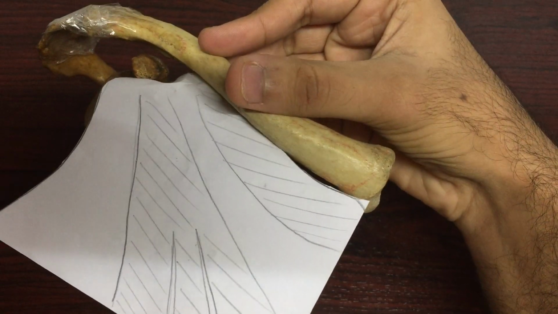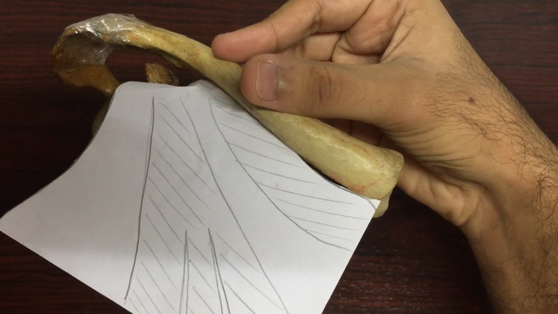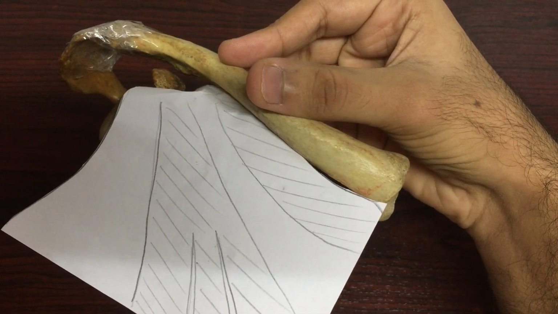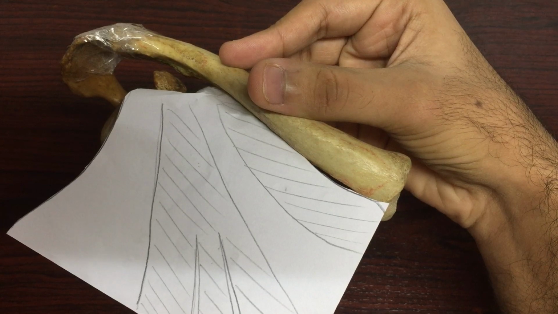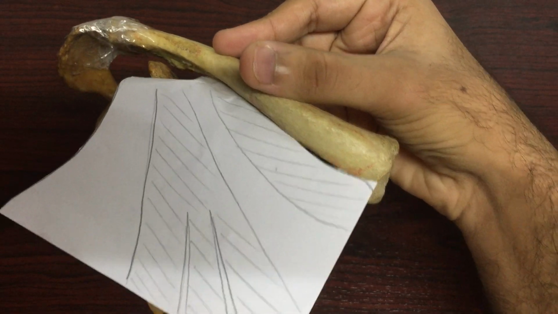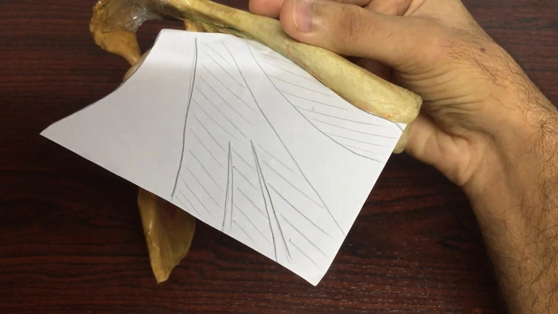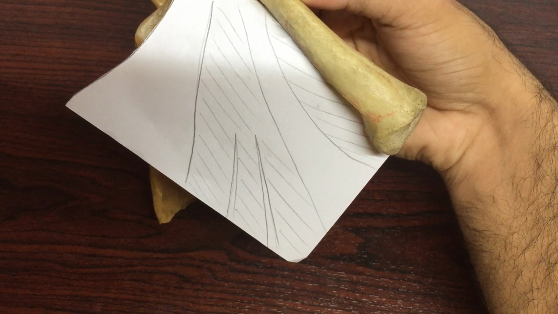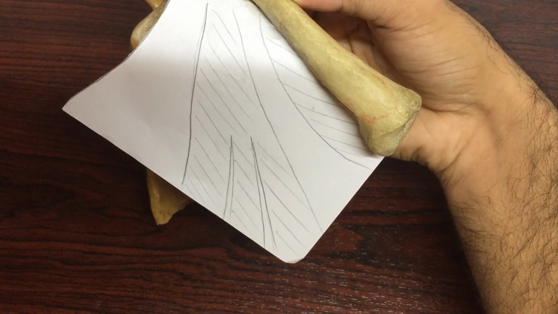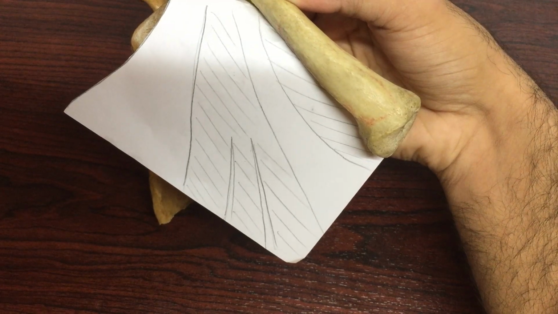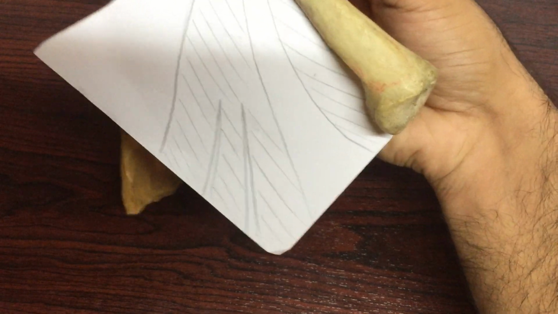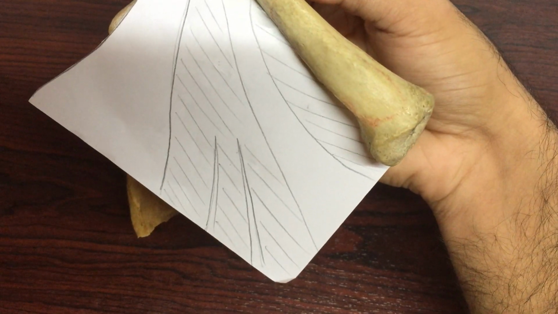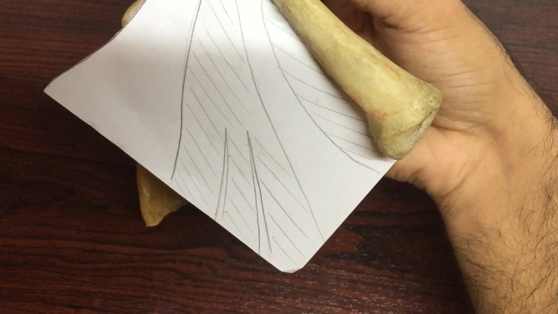Laterally, it is attached to the coracoid process of the scapula. Running from it are the fibers of the coracobrachialis muscle at its medial end. It runs inferiorly to continue with the axillary fascia. The medial end of the clavipectoral fascia marginates with the intercostal spaces and related muscles. However, its true attachment arises only at the origin of the external oblique muscle.